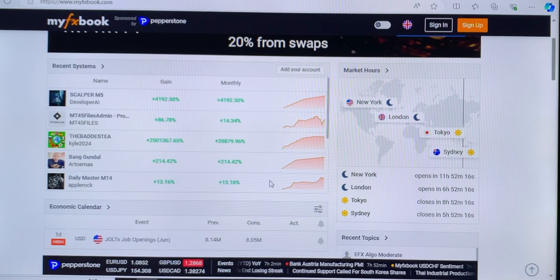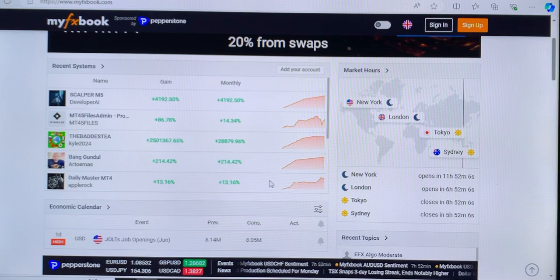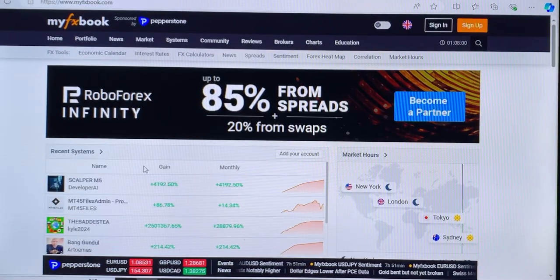This is the website version, and I also have the mobile version on my phone, which can be found on the App Store or Play Store for Android users. But the website version is actually much better, because there are some tools on the website version that you can't find on the mobile version, like this